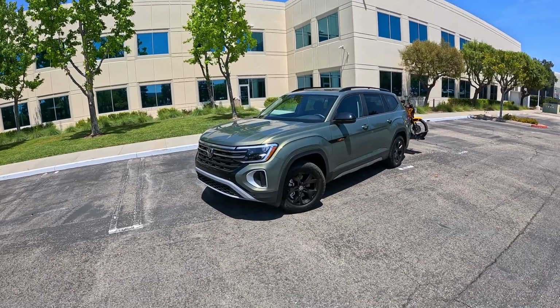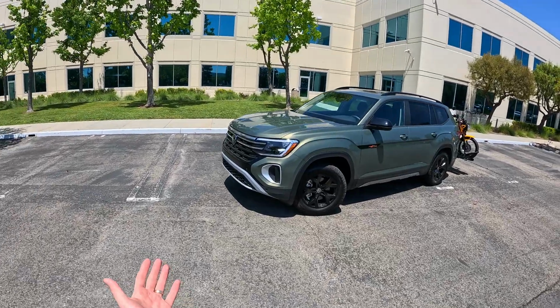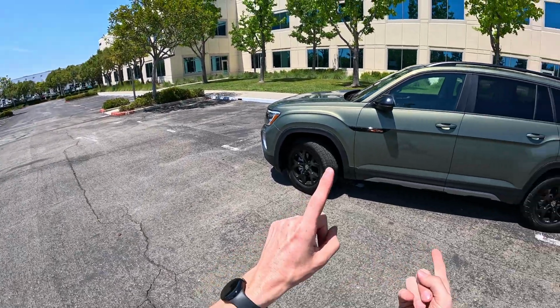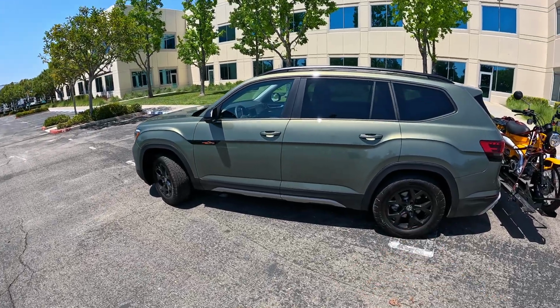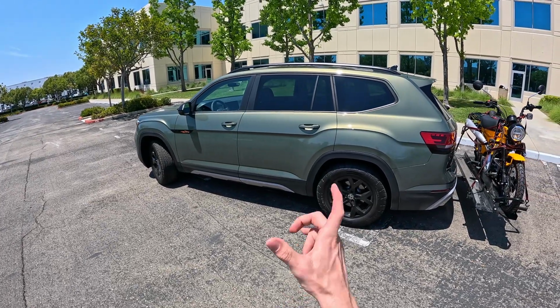This one's a little bit more just for the appearance play, and admittedly, I'm okay with that. I mean, brands got to decide, do they want to make sacrifices and give us something like that Pathfinder Rock Creek that was much louder and rode worse because of its super aggressive all-terrain tires, or do they just want to give something that kind of looks the part? And I can't really blame Volkswagen for doing it this way, because it does look pretty cool, especially in this